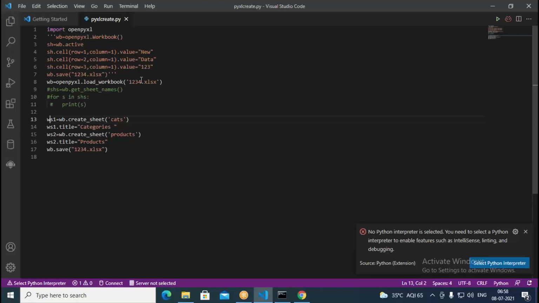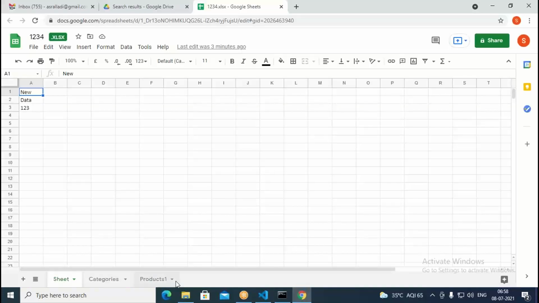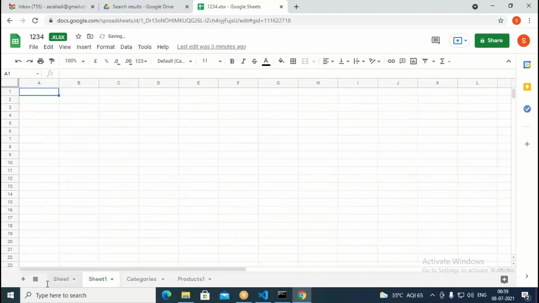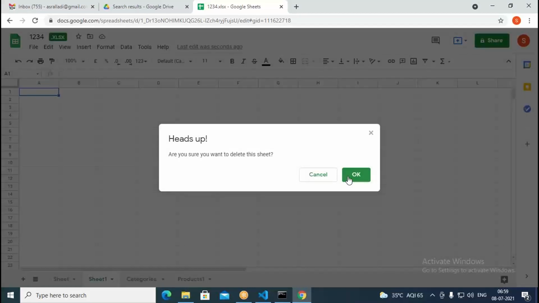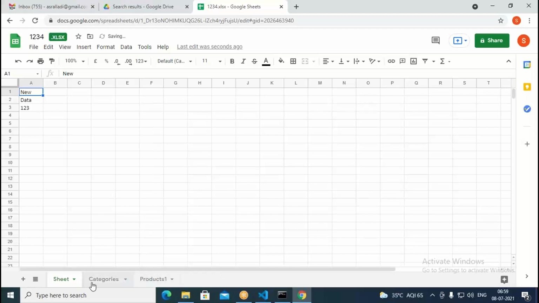This is, first of all, we are opening the application, Excel workbook we are opening. So once we create Excel workbook, we want to add more sheets into that. So these are nothing but sheets. When you click on this, another sheet also gets added. You can see one more sheet is added. Now, if you want to remove this, this can be deleted. What I created, I can remove that. Now, how many sheets have total? 3 sheets, whatever I created.